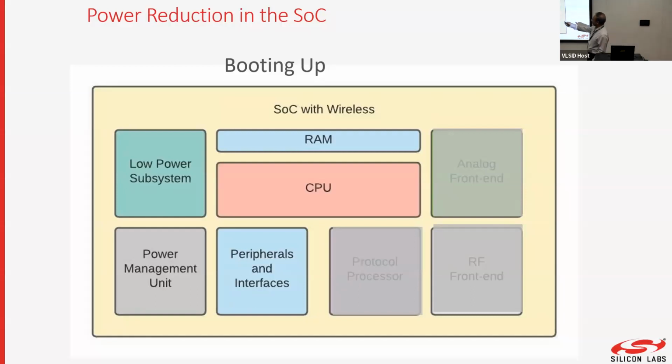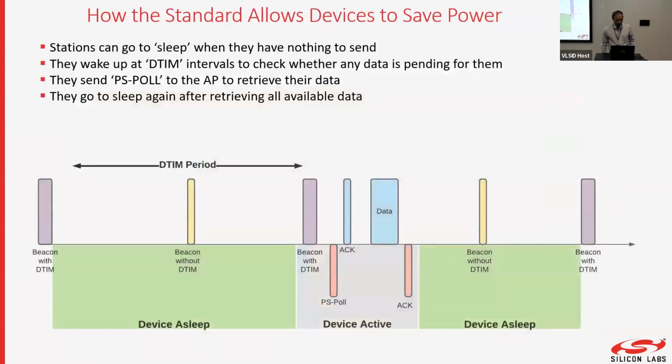One example of what is turned off when you're booting up is that you're certainly not transmitting. Very obvious. So at least these you can turn off. Make sure that the MCU is on, whereas all of this is off. And this is done at the SoC level when you're designing it. So now that we know that we would like to have as much fine-grained power control as possible, how can we